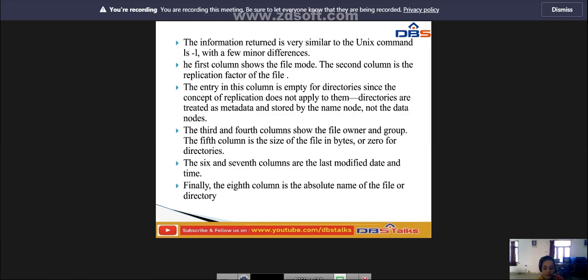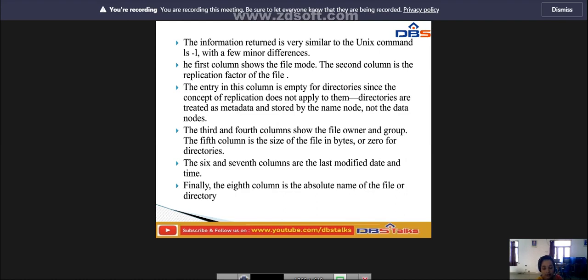Remember, you set the default replication factor in the site-wide configuration to be 1, which is the same value here. The entry in this column is empty for directories, since the concept of replication does not apply to them. Directories are treated as metadata and stored by the name node and not the data node.